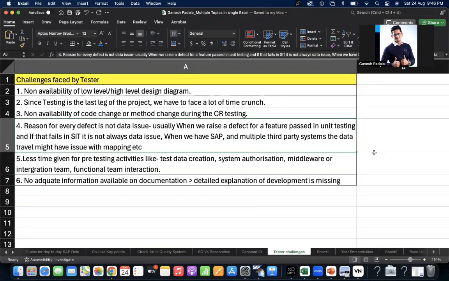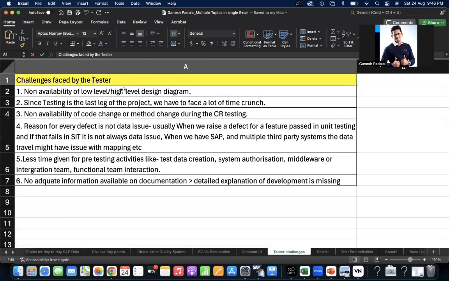In this video, I'm going to share what the challenges faced by a tester are. Based on my experience, we have certain points, and for more accurate points, I discussed with one of our followers. She has been working as a dedicated tester for the last few years. I collected a few points from her, so that will also be helpful for you,